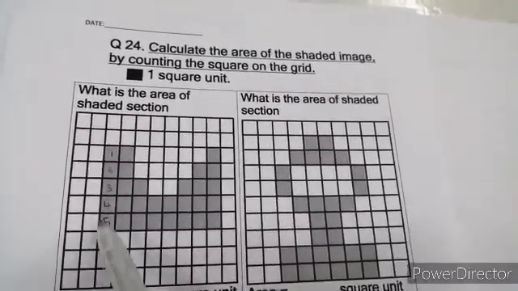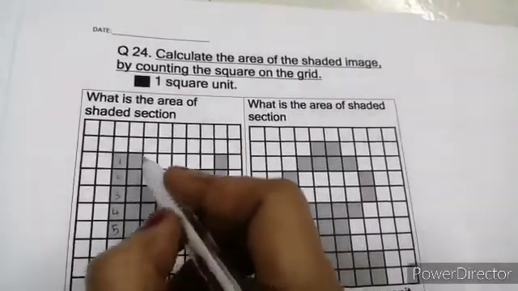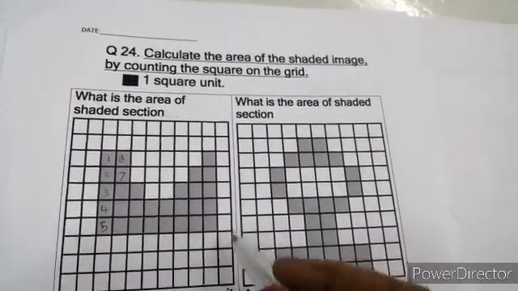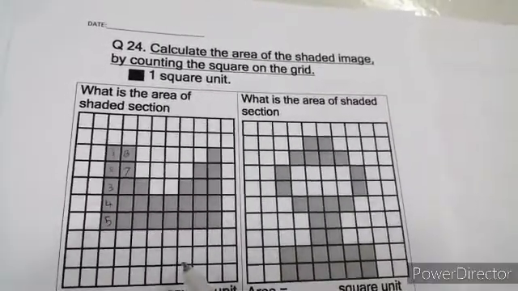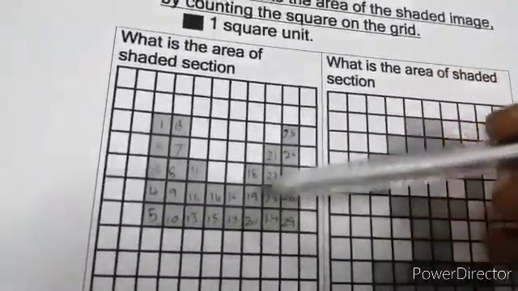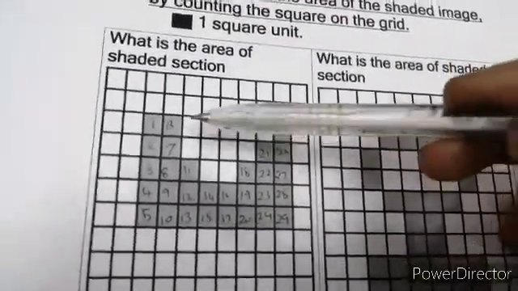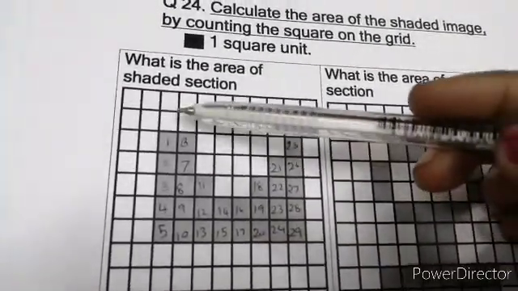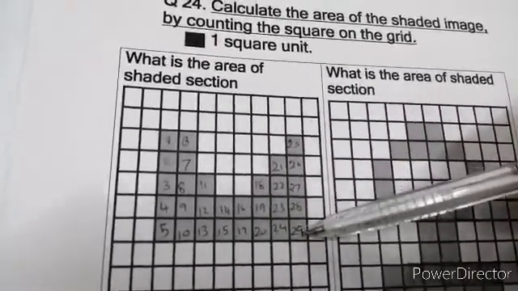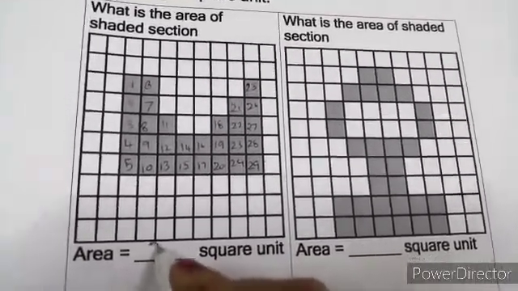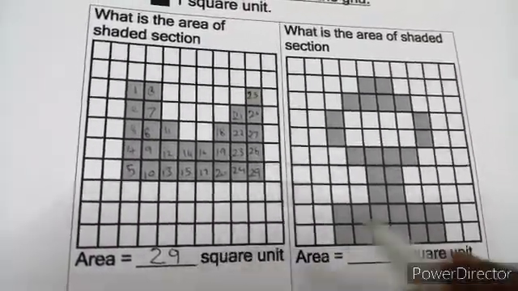Here it's not shaded, so you move on to the next line. Here it is 6, 7 and so on. You have to count till the last box which is shaded. So the last box is 29. We have counted and written numbers for all the shaded boxes. You do it line by line, then only you will not get confused. Okay, you do the same way as I have taught you. So the last box is 29. Now write the answer for this. The area of this shaded section is 29 square unit.